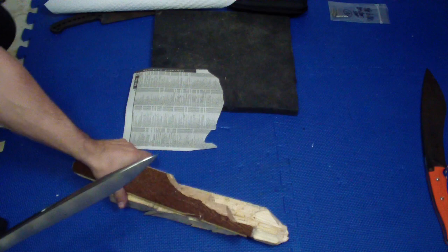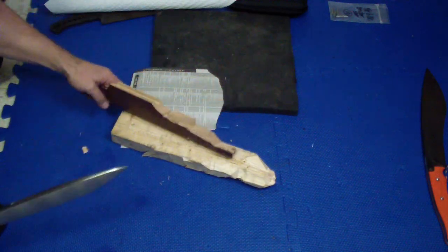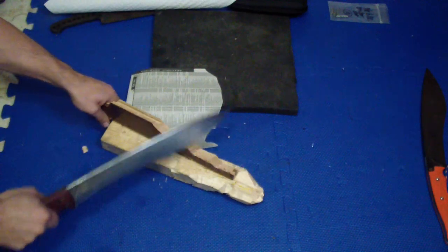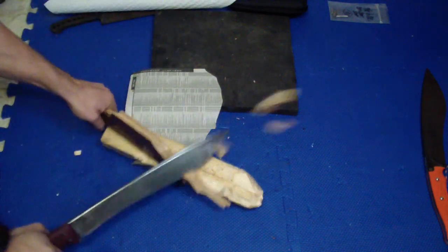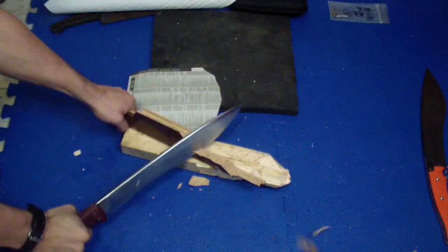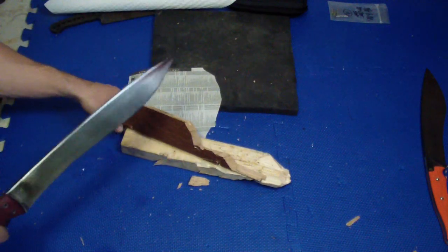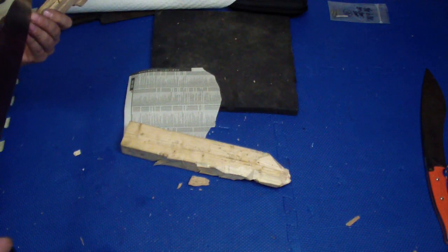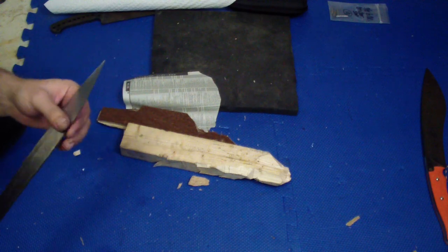Let me just show you real quick. That's leftover from that hardwood flooring. Oh man, it's going everywhere. She's gonna kill me. So it chops real well, no damage on the edge,